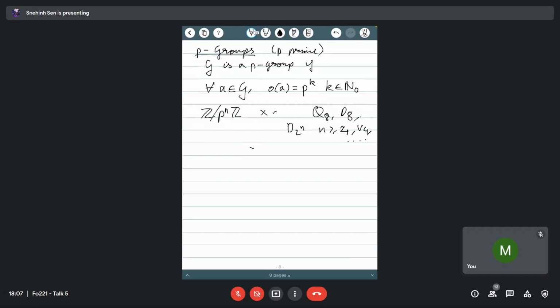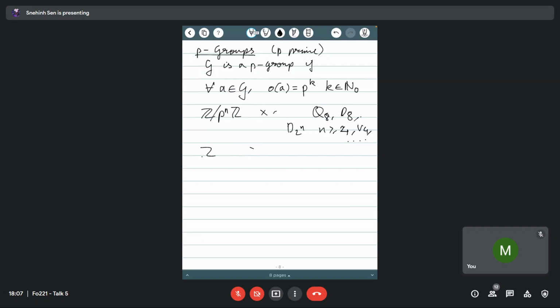There are also examples of matrix groups which are P groups. You can look at the Heisenberg group, for example. Read about it later on. It's a very important group and it appears in physics as well. And this translation group, the Euclidean translation group, as well. So those groups are important. There are many P groups, but